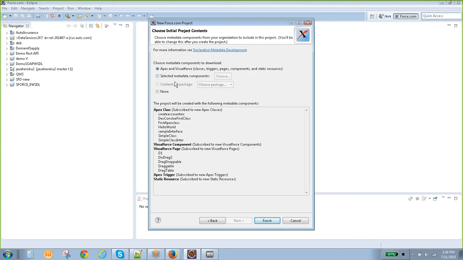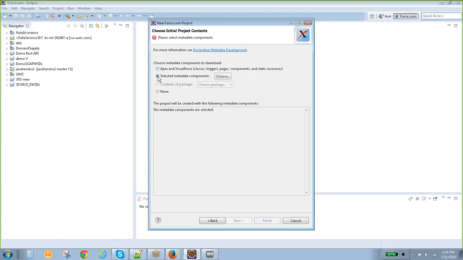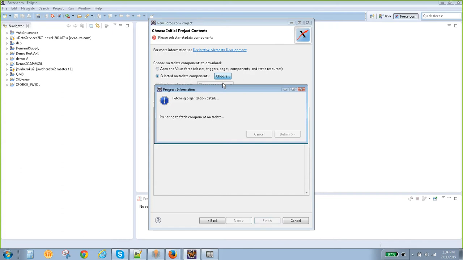Or else there will be a second option where you can select all the things. All the things means each and everything from your org will be downloaded, like objects, standard objects, custom objects, workflow, escalation rule, assignment rule. So everything will be downloaded, and so on.